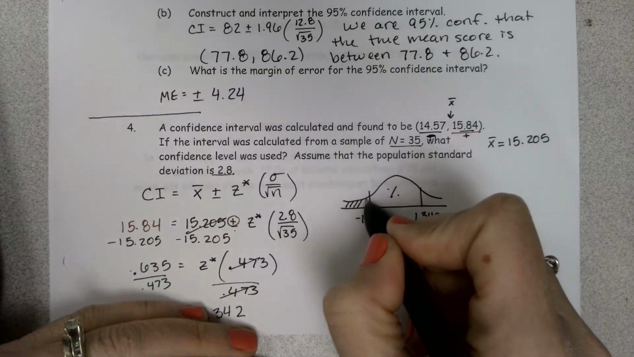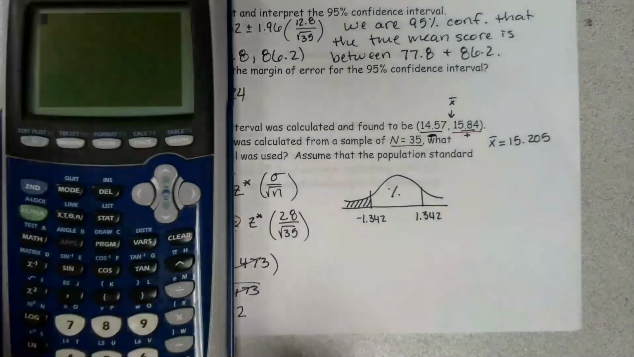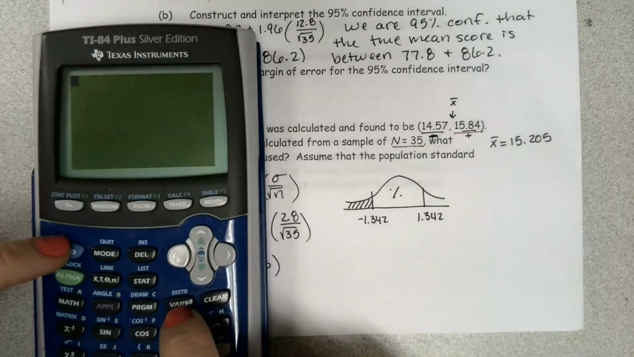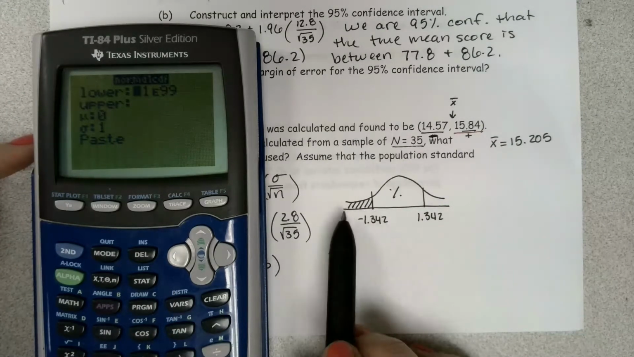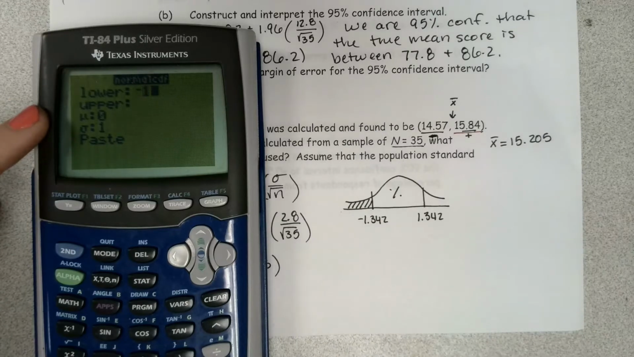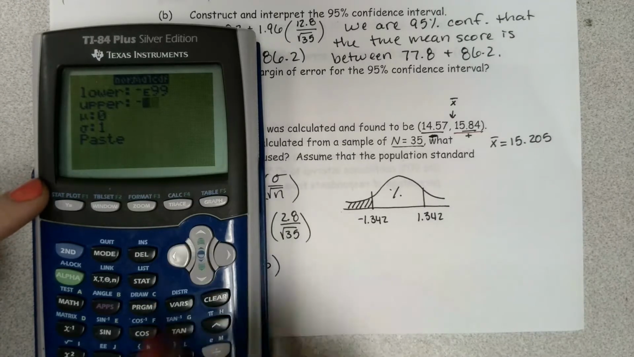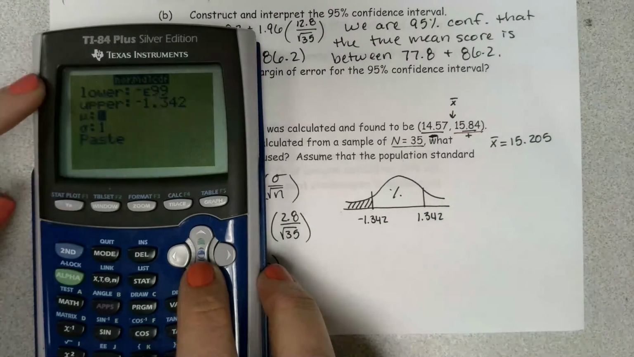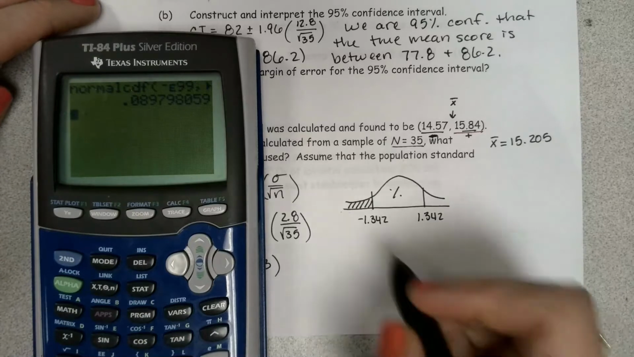So what we're going to do first is find this area to the left. In all the other problems before, we had to use normal CDF, we had to use inverse norm, so now we're going to use normal CDF. To find this area, I'm going to go from negative infinity, negative E99, up to my value, negative 1.342. We're still just using mean of 0, standard deviation of 1, because we're basing it on a standard normal distribution. So I get